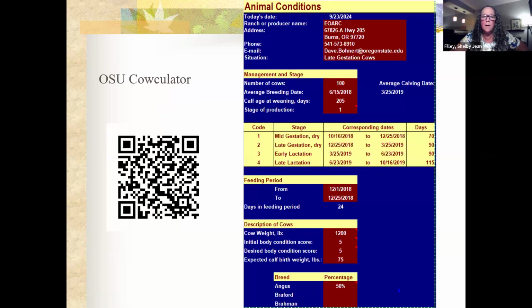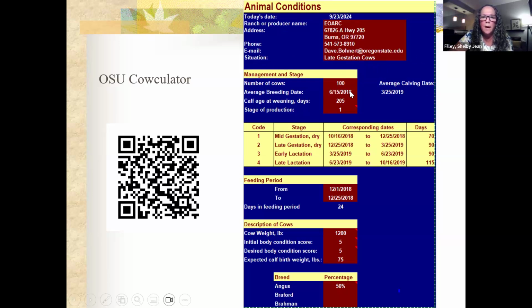But it's pretty interesting. So here's the QR code to the OSU calculator on the Oregon State University website. And I will show you a little bit about what it does. Hopefully you can see my cursor. So you put the date on, and you can put your information here, and the situation you're going to write here, late gestation cows. So say you have 100 cows and they were bred in the middle of June somewhere, and not 2018 but 2023, all right,